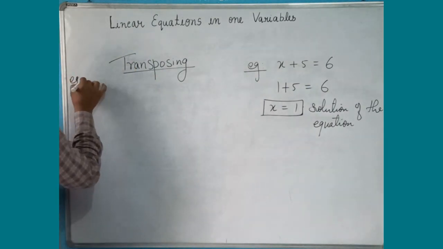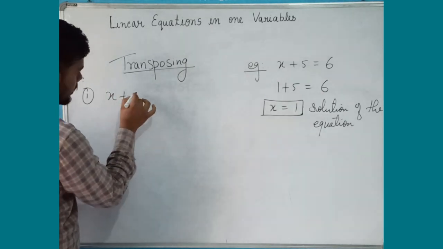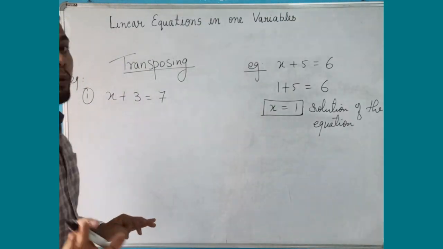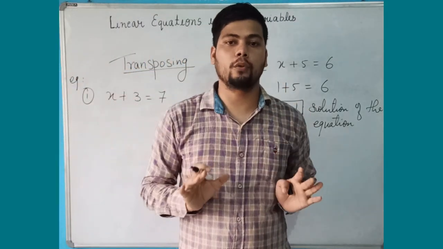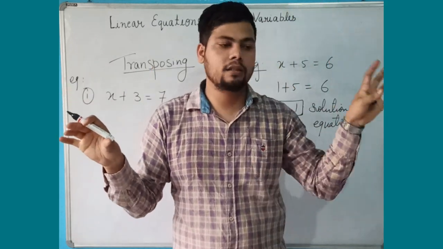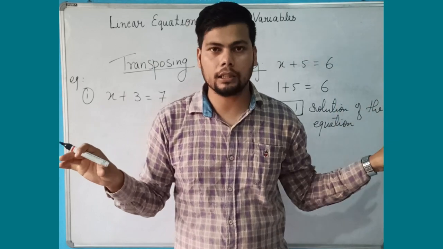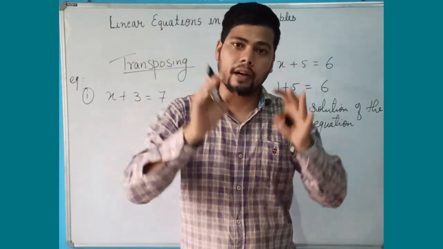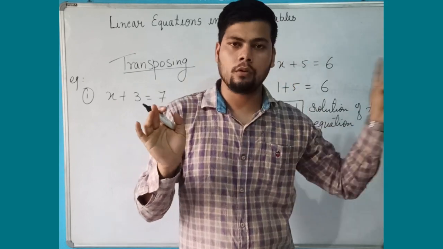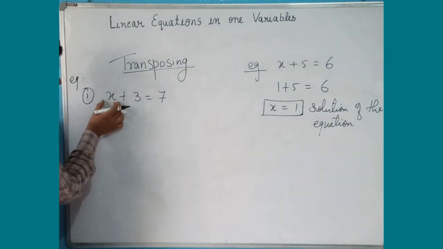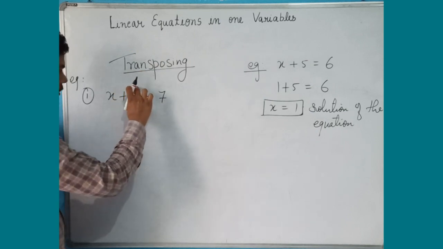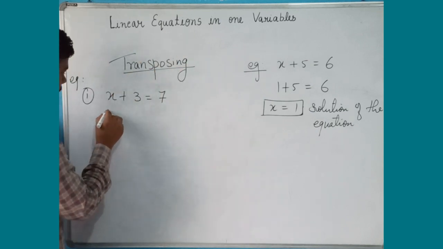First one, example 1. Let's say if I have a number x plus 3 is equal to 7. What I will do is, in this method, basically what we have to do, we have to keep the variable on one side and we have to keep all the other numbers on the other side. So if the variable is already on LHS, let's not touch that and let's keep all the numbers to RHS. Just look here, I have the variable on LHS side, so I am going to keep this here, and what we are going to transpose, we are going to obviously transpose 3 onto the other side.